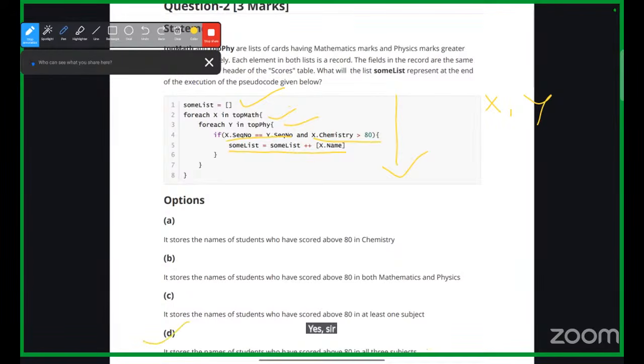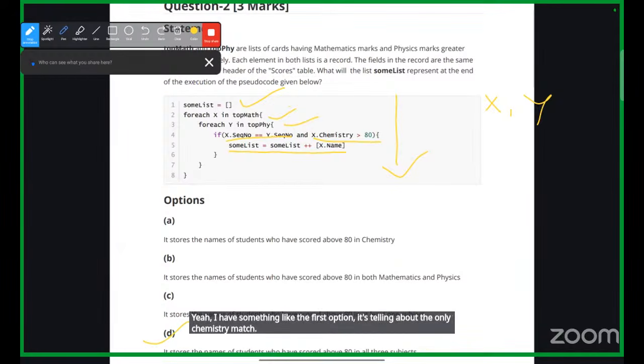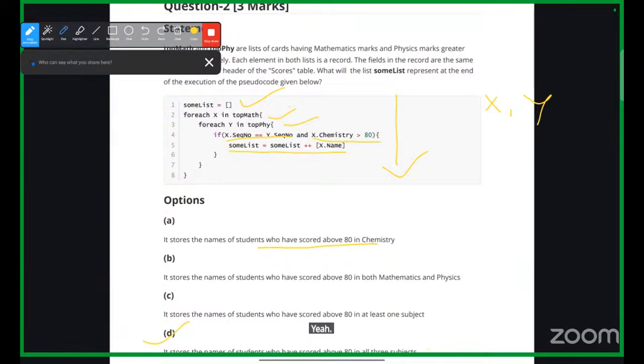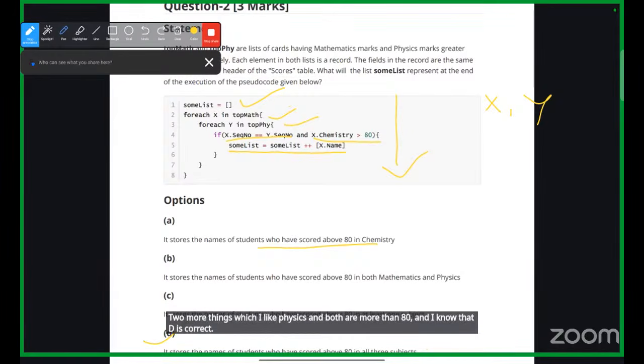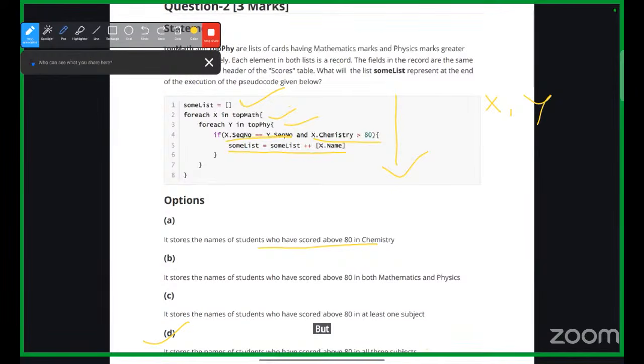Yes, sir. Any doubt in this one? Yeah, I have something like the first option. It's telling about only the chemistry mark. Yeah. So, if we see the if condition, then this can be true, right? How? Because no doubt we have two more things, which are physics and maths, both more than 80, and I know that D is correct, but A also seems to be correct because